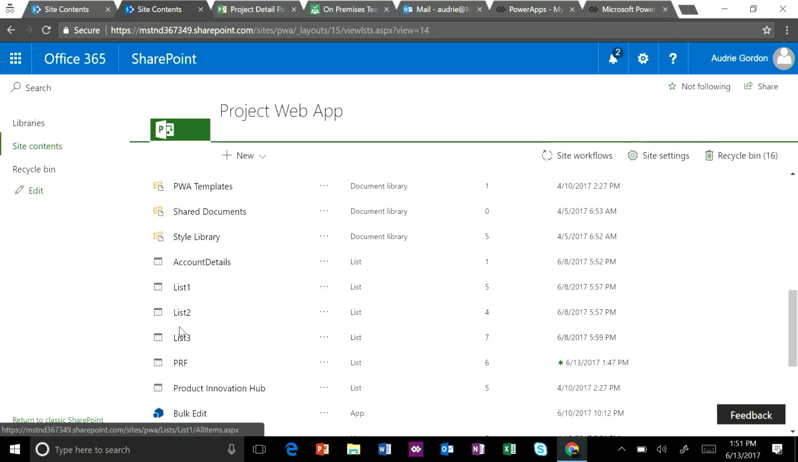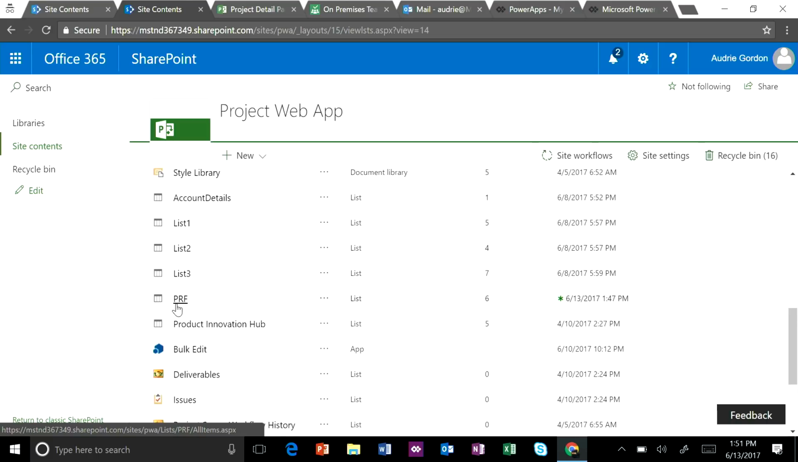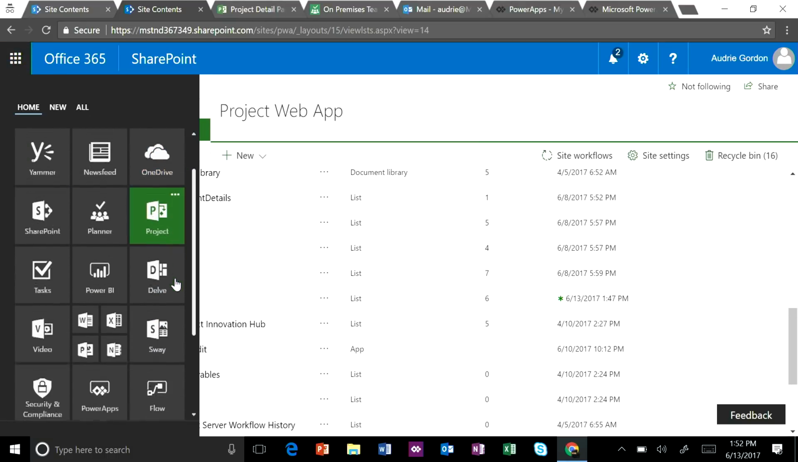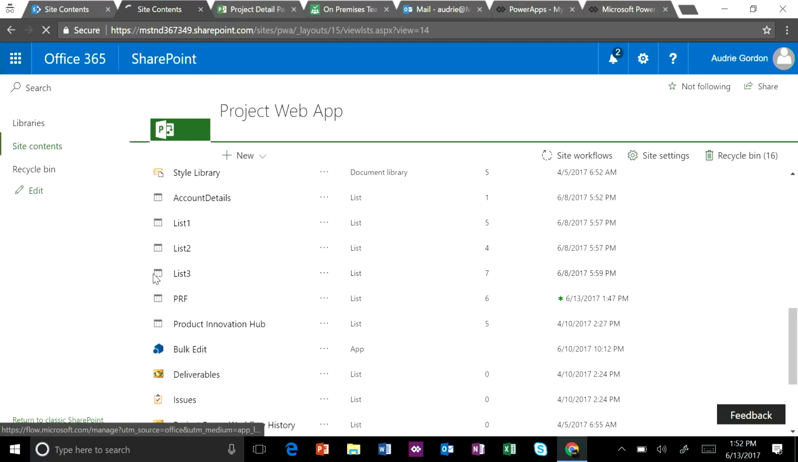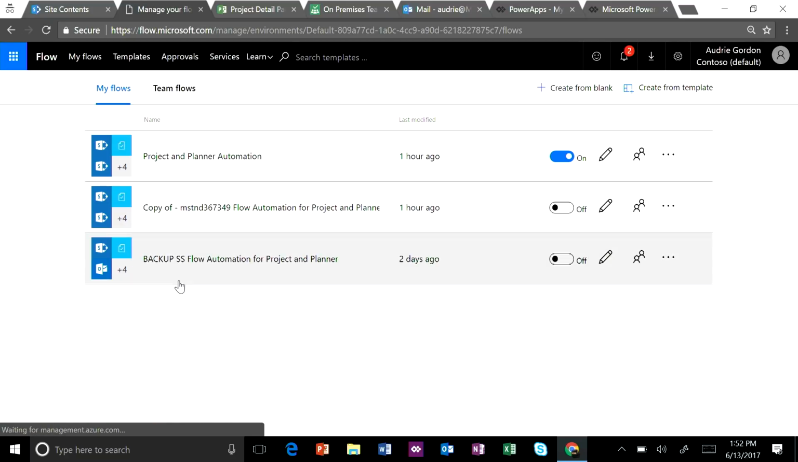There's a number of ways you could do this. You could connect to SQL lists. You could connect to any other thing, too. That's the power of PowerApps. And then after you've done that, then you go to Flow. Let me give you a peek at the Flow, because it's not a complicated flow. You'll be surprised. I'm going to go into Flow here, and you'll see it's the project and planner automation. And if I hit this